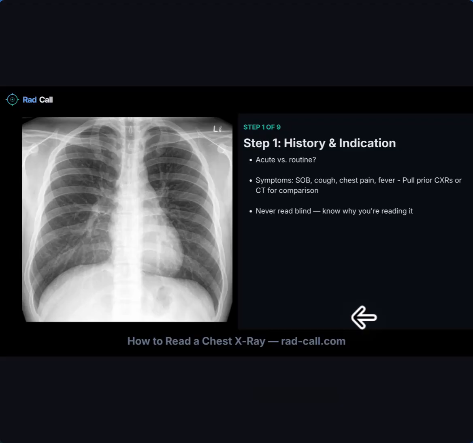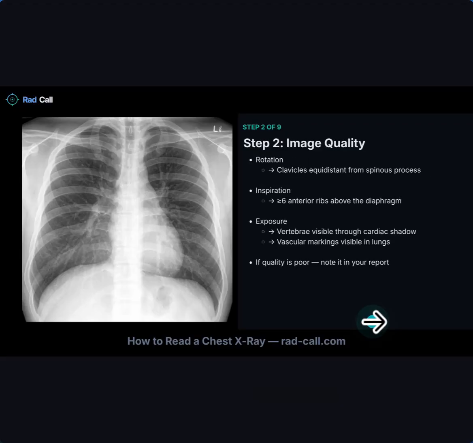And then of course, particularly on the inpatient side, pull up any priors or CTs that you have for comparison to kind of help to see if there's any change. You should never really read blind, know why you're reading it, so you can put out some sort of useful report. First step, really, aside once you look at the images, is to determine, okay, are these images actually appropriate